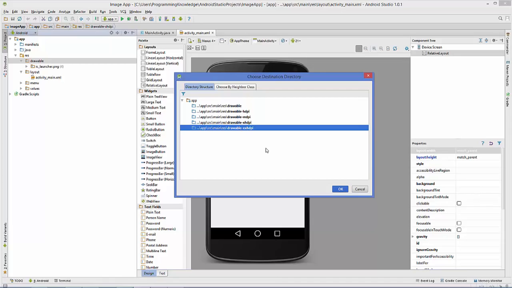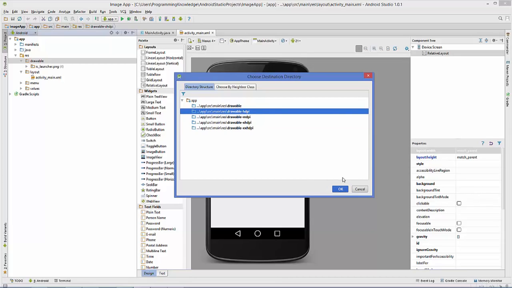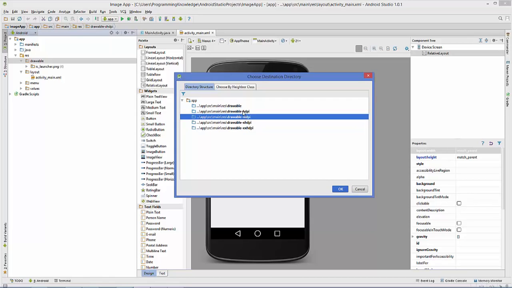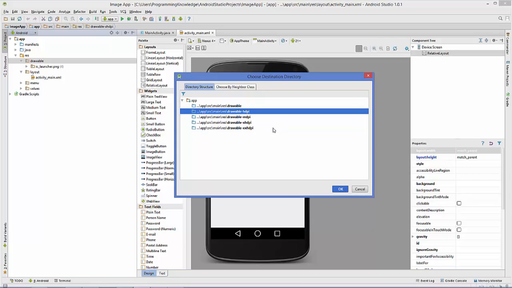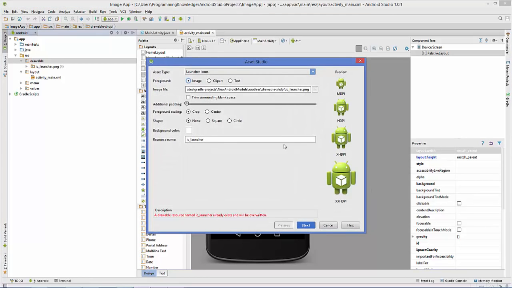I'm just going to click OK. Just choose one of them. It doesn't matter which one you choose, because whatever image you choose, it will be converted into all these formats, right? So just click OK, and in here you will see there is a default PNG file